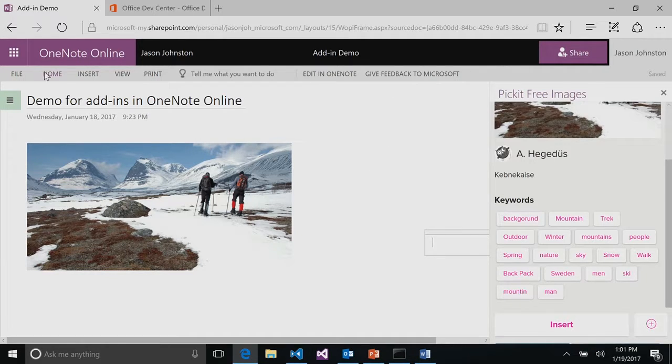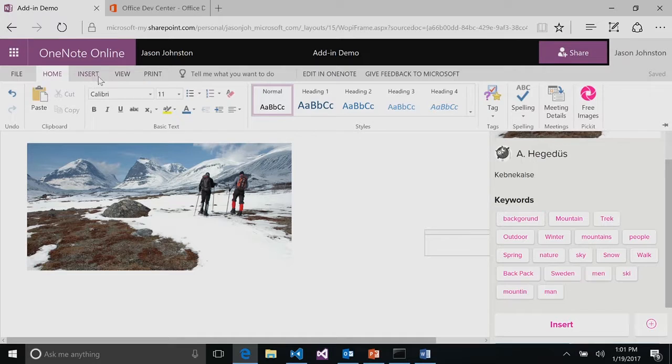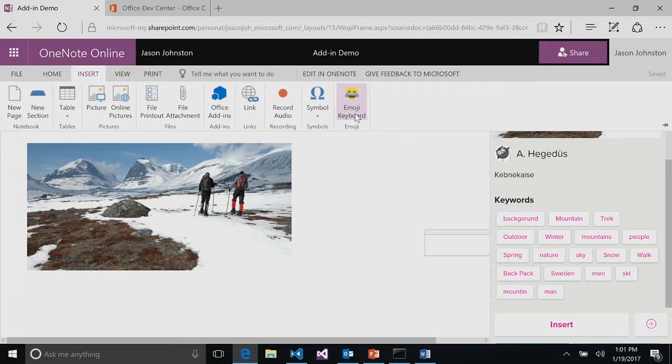Okay, so I've installed that add-in. And you'll notice that it now is on the Insert tab. Well, the other add-in was on the Home tab. So why is it different? Well, this is completely controlled by the add-in developer. They list in the manifest what buttons they want to add and where they want to add them. So they can add them to an existing Office tab. They can even create their own tab and put their buttons all on their own tab in the ribbon.